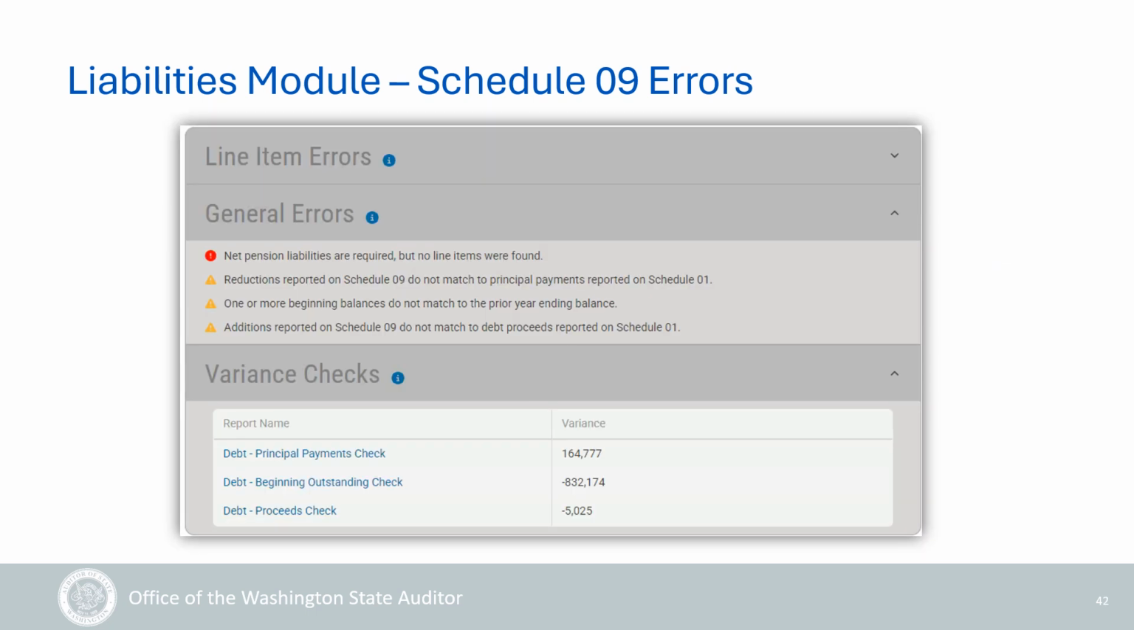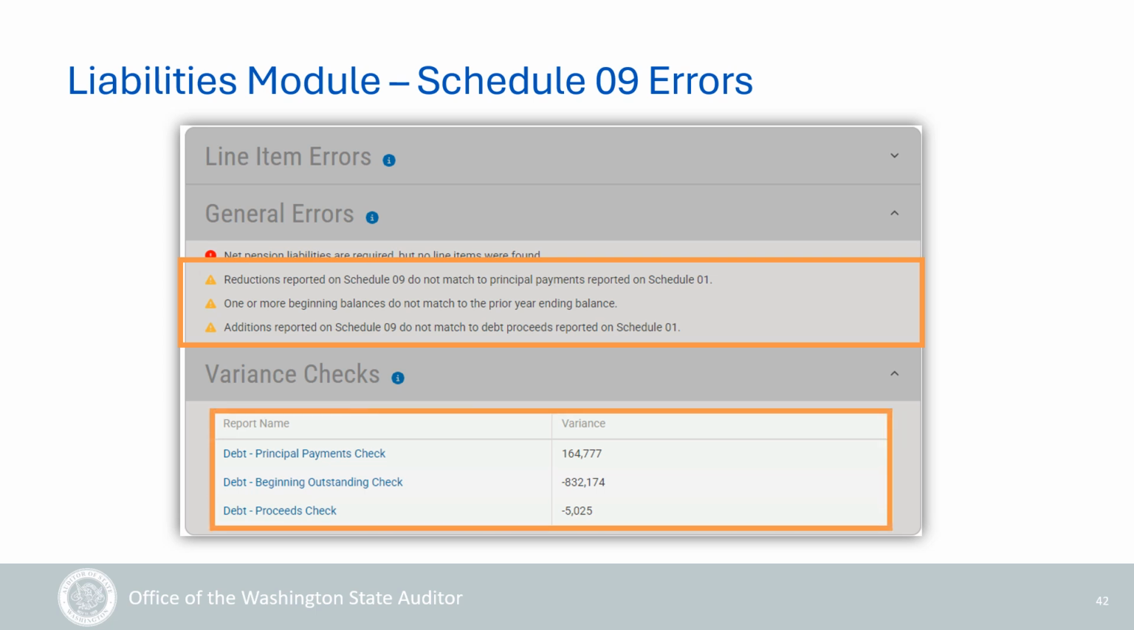If you are a previous filer, these warning errors under general errors might not look familiar because these are new for reporting fiscal year 2024. These warning errors are related to variances identified in the variance check reports below. The reason why they are now warning errors is because there are limited reasons when a variance here would be acceptable. This is meant to get your attention to review these variance check reports to confirm the data reported is